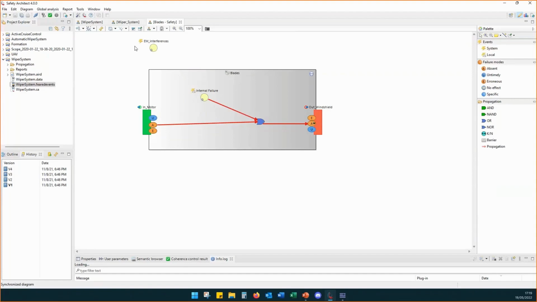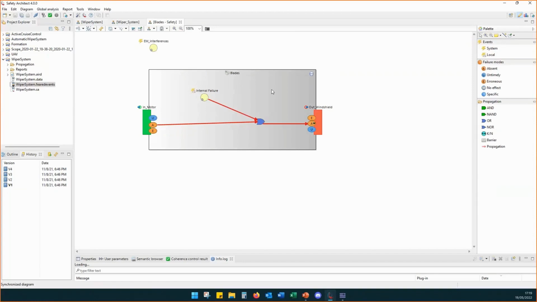The system events are used to represent system events or environmental events that can impact the component. So for instance here, electromagnetic interferences. The local events are used to represent things that can go wrong in the component. So for instance here, I put a generic local event that I call internal failure.